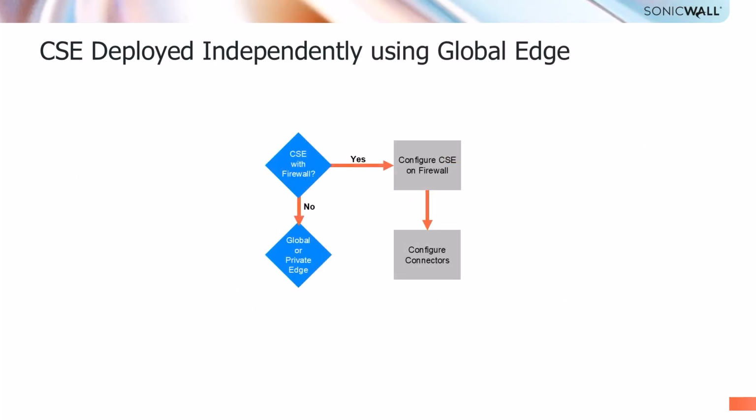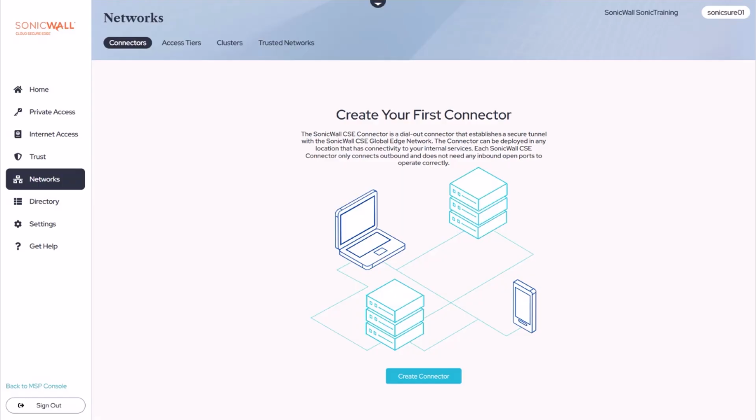When selecting Global Edge, you can configure connectors through the CSE Command Center. Note that CSE utilizes Global Edge even when integrated with a SonicWall firewall, but its configuration is then managed through the firewall. The Global Edge deployment model uses an outbound connector inside the organization's private network to connect to SonicWall